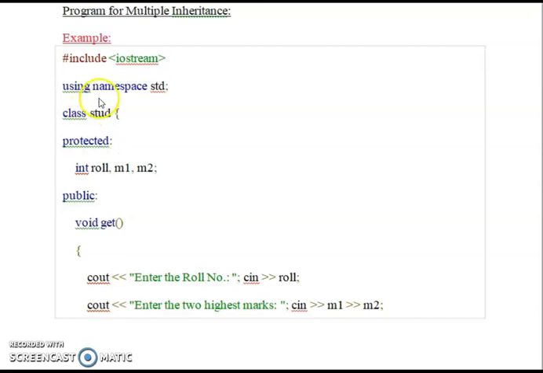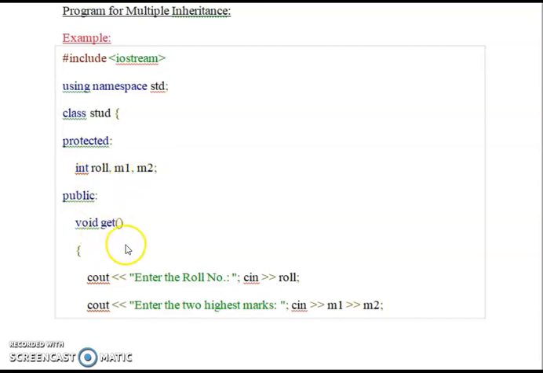Here we declare the header file and use the standard namespace. The class name will be student. We get the student name and roll number, with marks protected. We declare the access mode as protected for roll number, m1 and m2, and public functions.